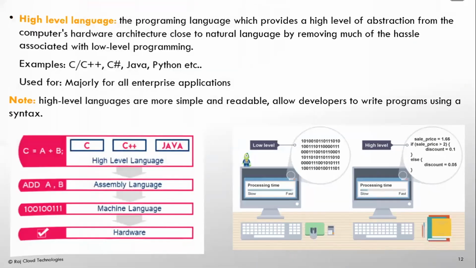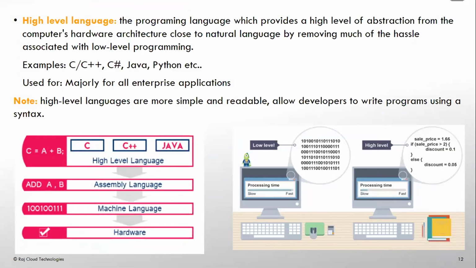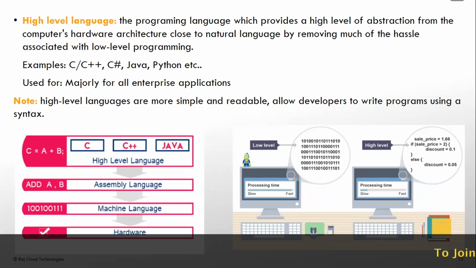Next. Then what is high-level language? Which is readable to developers, which is more readable to users, not users of the application, users of the programming language, I mean to say. So it is more readable to the developers. Writing assembly language, writing machine language is pretty much difficult. But writing a readable language